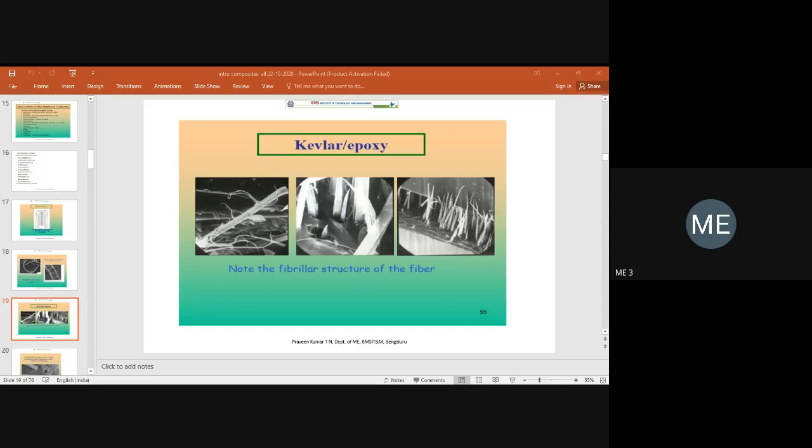Okay, I am showing more photos so that you can imagine, and when I explain composite material, you can understand better. That's why in this class I am putting more photos. It is related to the exam, but even for your innovative questions and case studies, there is no need to draw these complex sketches. Only the application of a particular composite.